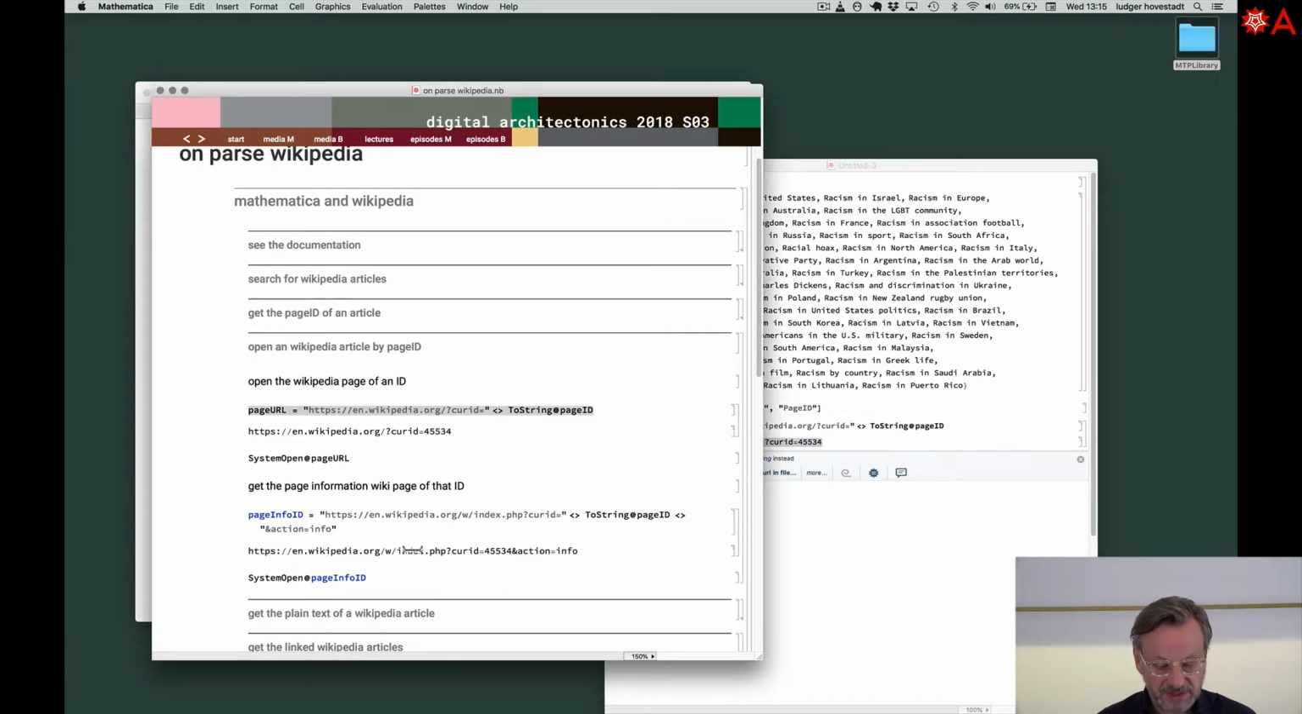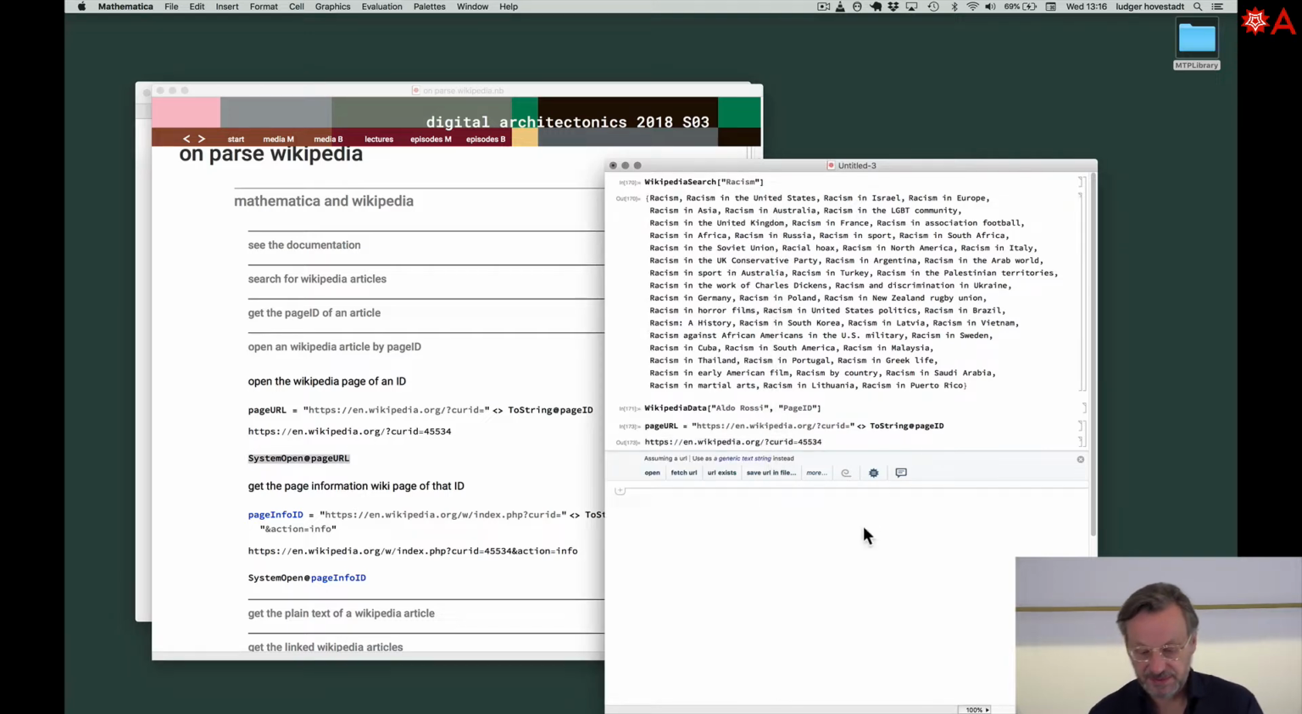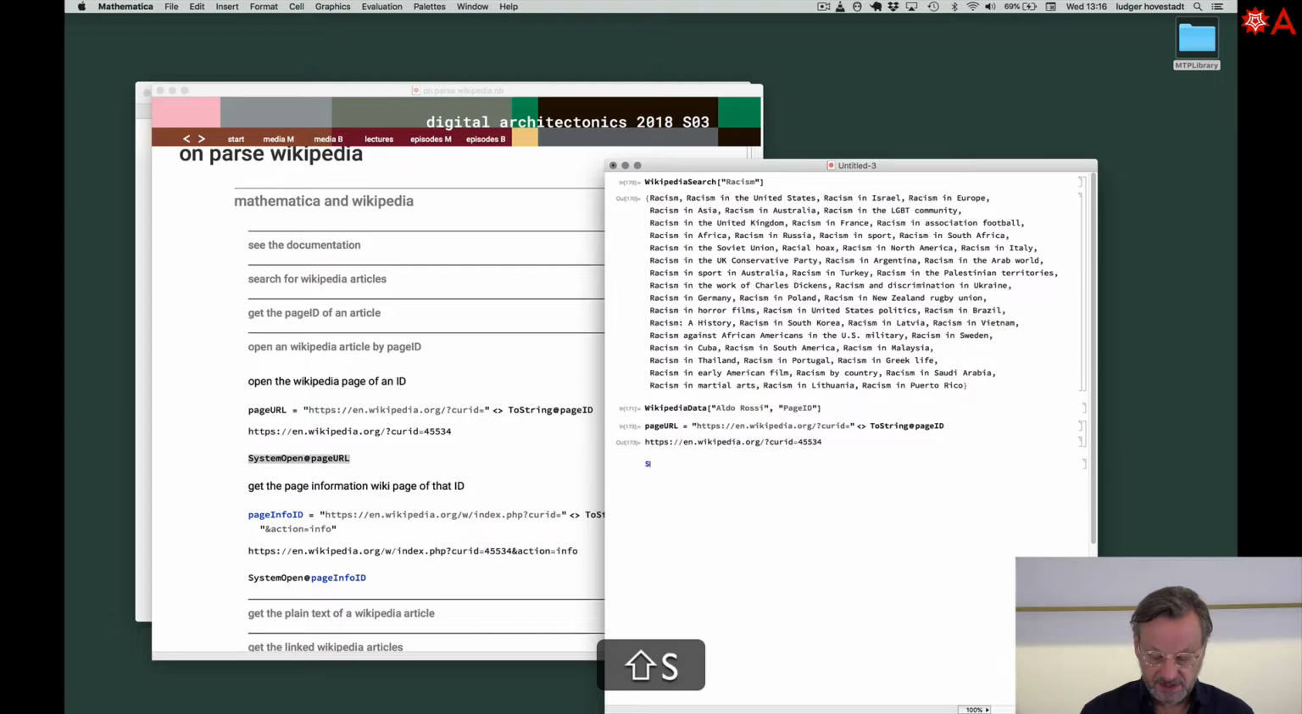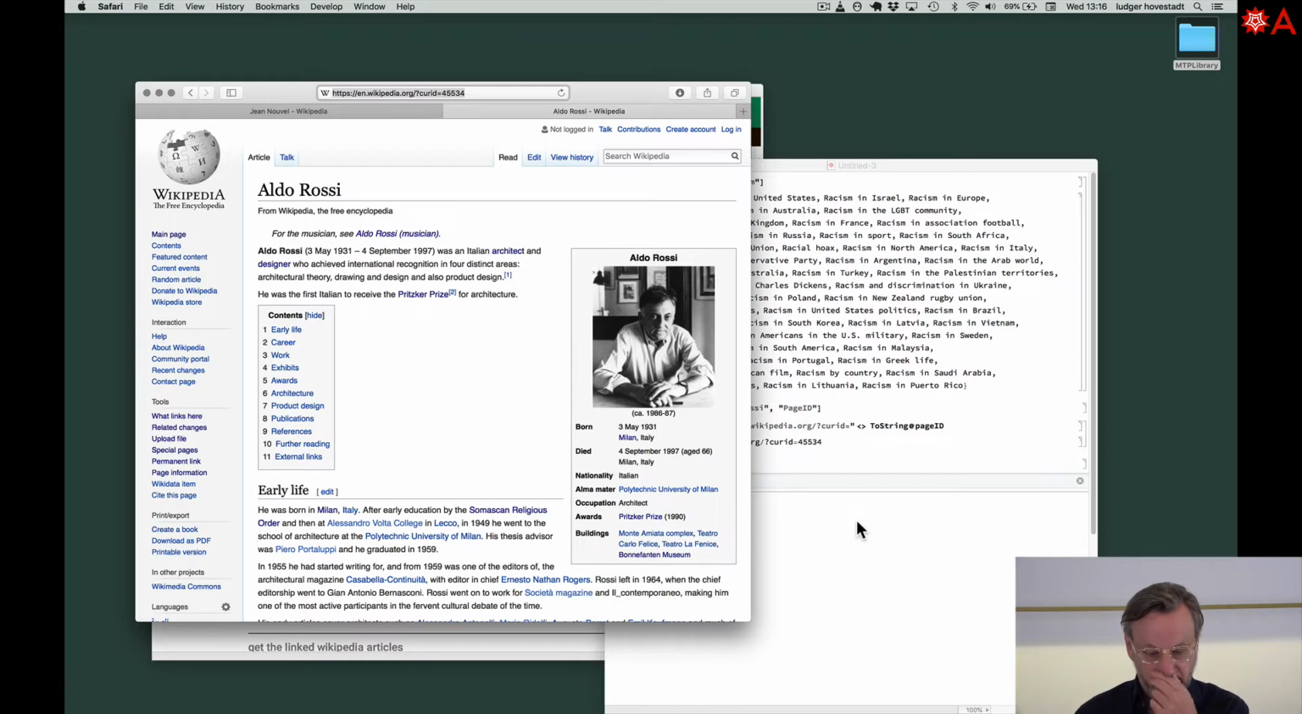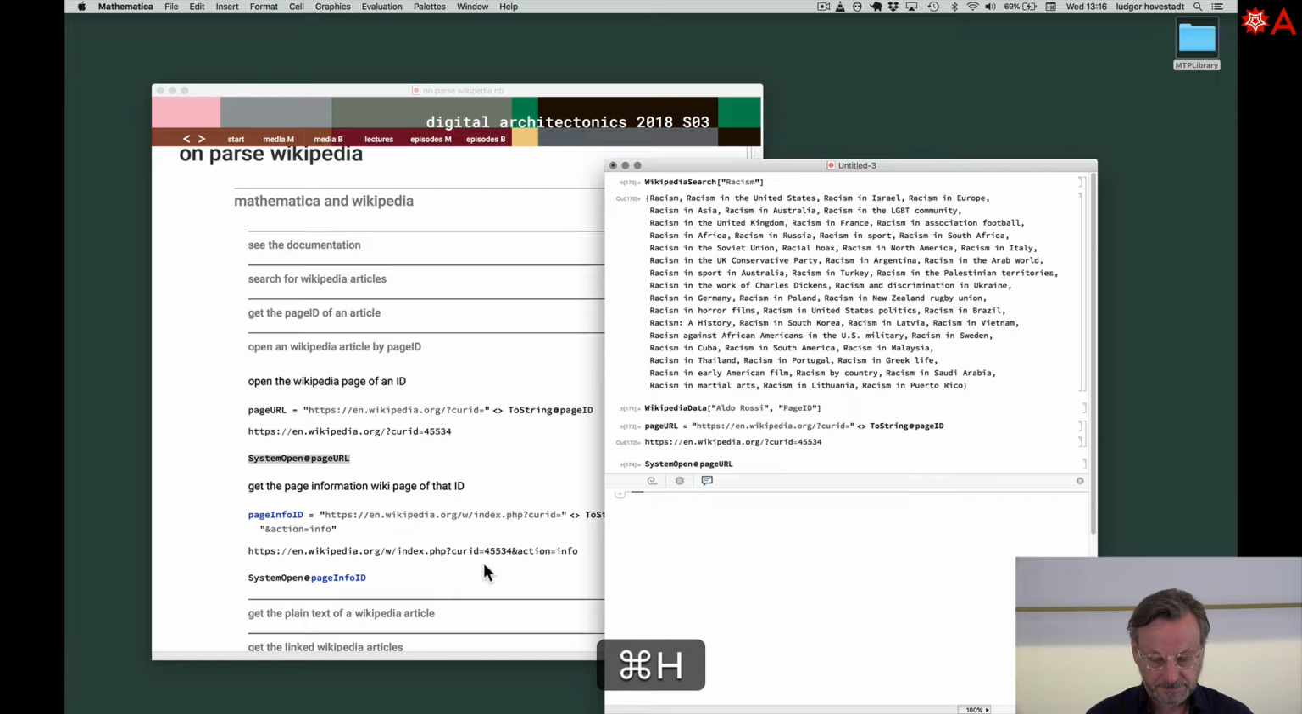Good. So page ID. And we can open it, so if we say this page URL, we simply say system open of the page URL, and then we get it. Good. So then,